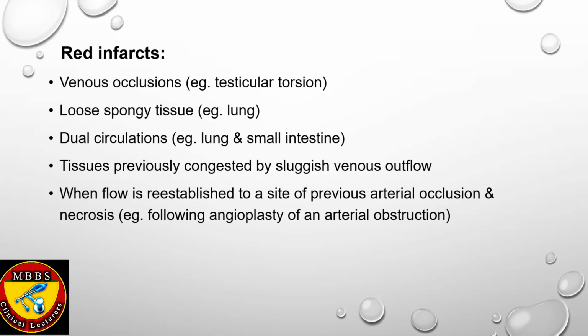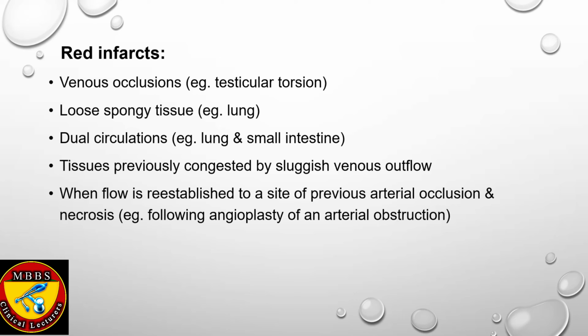Then red infarcts are seen in organs which have dual circulation, like lung and small intestine. They are seen in tissues which are previously congested by sluggish venous outflow. Red infarcts are also seen when the flow is re-established to a site of previous arterial occlusion and necrosis. For example, following angioplasty of an arterial obstruction. You know what is angioplasty? It is the repair of the coronary vessel where the clot is formed. So in this, again, the myocardium has been supplied by the blood, the re-establishment of the arterial circulation. So here it can cause